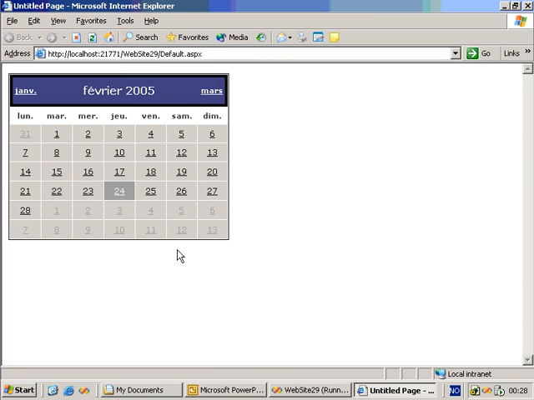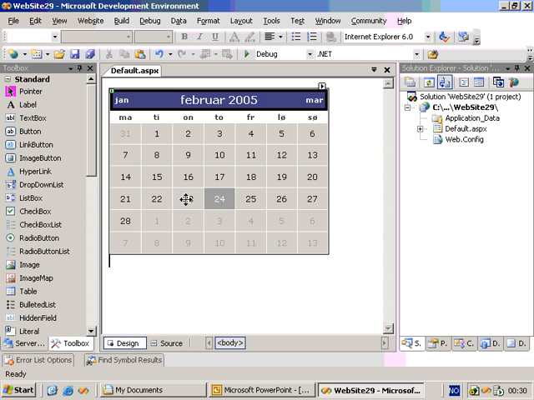And as you can see, the calendar control is really smart. It was able to detect the culture for this thread and automatically generate a calendar control which is compatible with that language. Great. If you want to enable automatic culture detection for your entire site, you need to open up